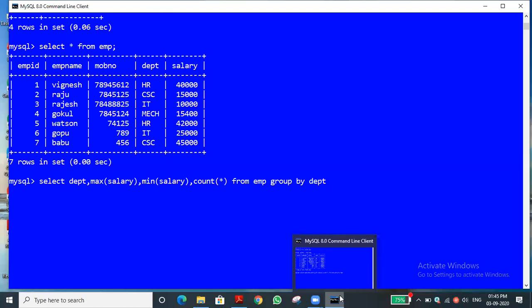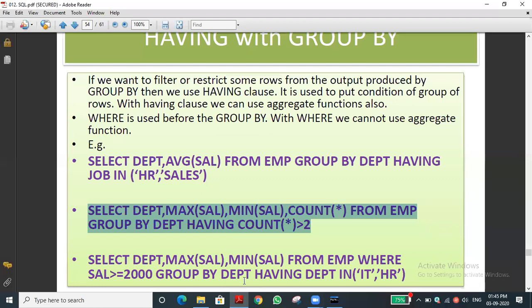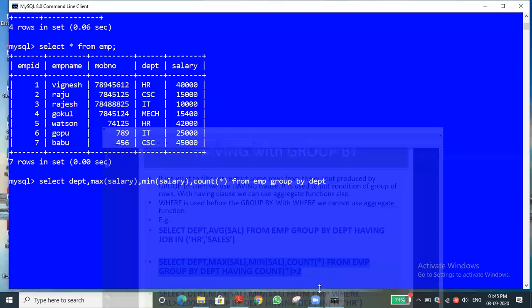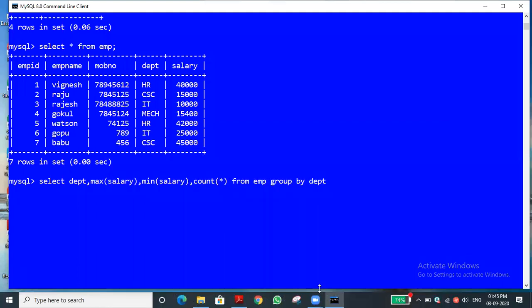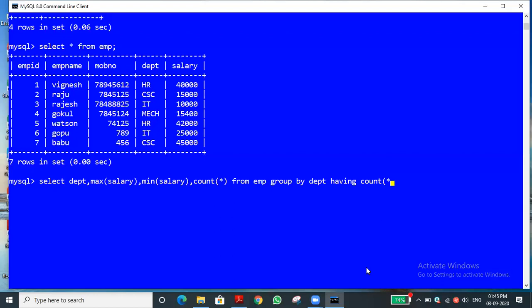Another condition is having count greater than 2, count of star, count all. I am using greater than 1 because we have a maximum of, for example, only two members. CSE has only 2 members, IT has only 2 members. That's why I am using this condition.